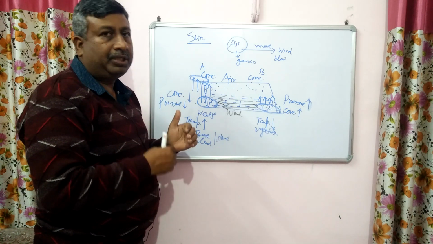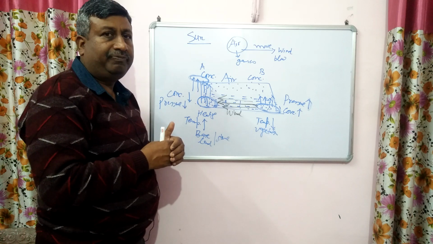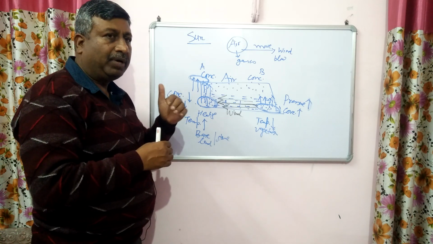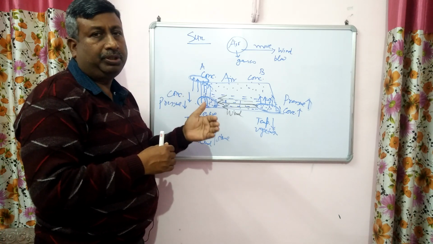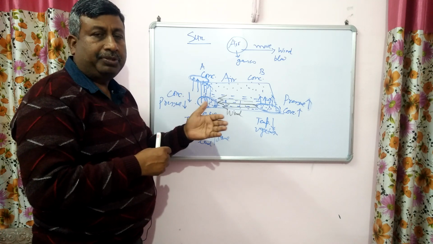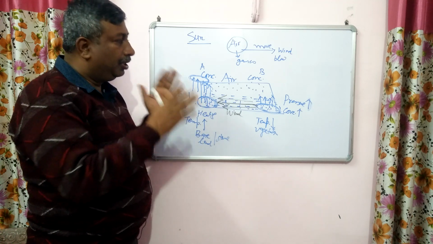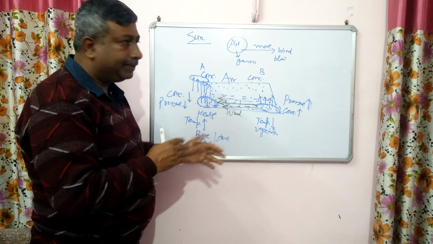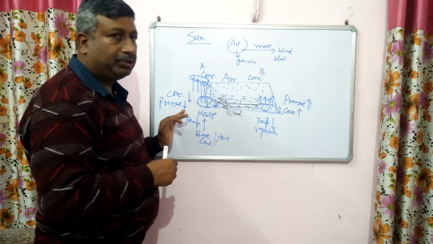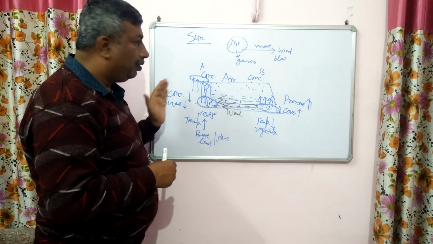So in an examination it may be asked, in case of wind movement, do air molecules move from high concentration to low concentration, or low concentration to high concentration, or high pressure to low pressure, or low pressure to high pressure? So here the correct answer is from high concentration to low concentration, or high pressure to low pressure.